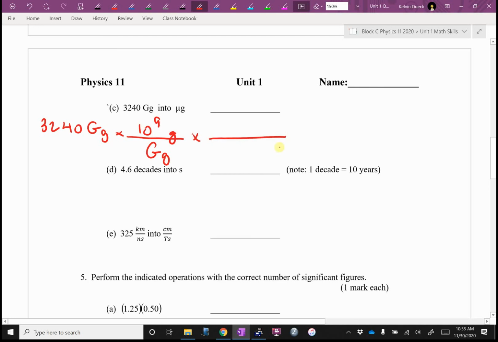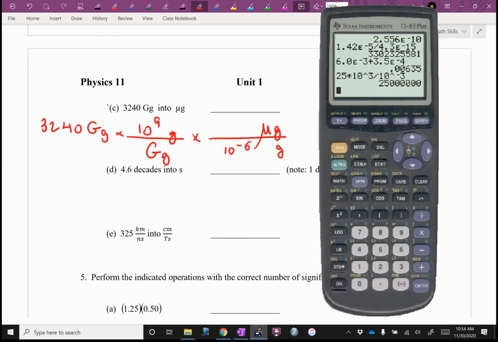And then I want grams to cancel. Micrograms, 10 to the negative 6. I've kind of memorized these just because I've taught them so much. Oh, and it goes where the micro isn't, which in this case is on the bottom. It's going to be